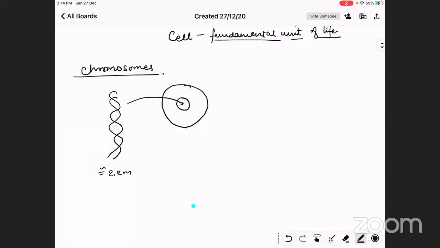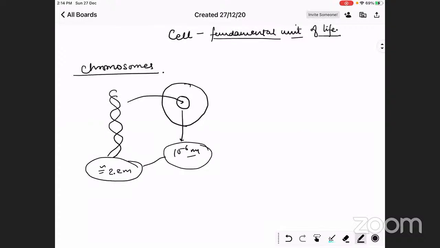ओके, बट जो न्यूक्लियस है, न्यूक्लियस की साइज इन 10 to the power minus 6 meter. Okay, so there is large size difference between the DNA and the nucleus. So how is it possible for the DNA to be in the nucleus? So nucleus के अंदर कैसे DNA रहेगा, उसके लिए हम देखते हैं आगे की क्या प्रोसेस करता है।